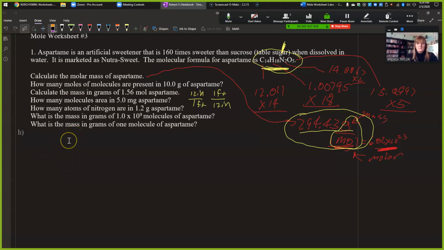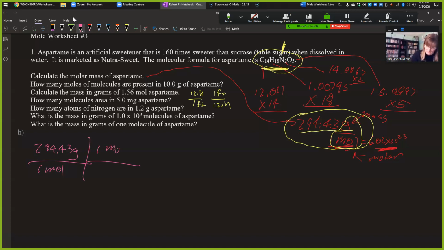What's the mass of one molecule of aspartame? Okay, again, that's a silly question, but fine. So I need to know mass, so I'm going to start with my mass number, like I should: 294.43 grams for 1 mole. And then I need to cancel out the mole, so 1 mole is equal to 6.02 times 10 to the 23rd